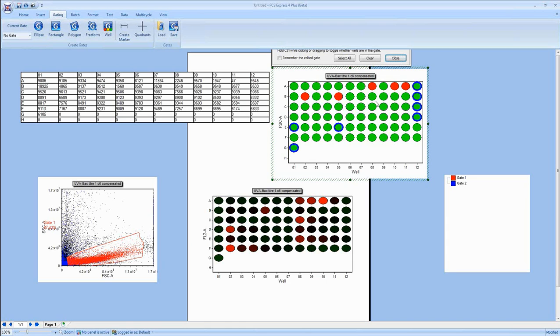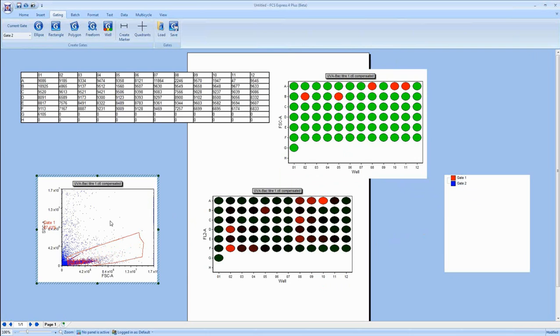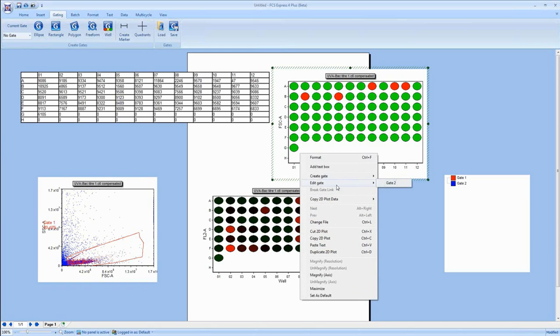So let's leave that gate as it is. Let's actually remove this and include that one and click Close. We now have that gate created. Over here in our dot plot, you notice that there's lots of events that are being colored in blue now. And that's because these are all events that fall within this blue gate 2. And if we were to drag gate 2 onto the dot plot, we're now only looking at the events that fall within that gate that we defined. So if I want to edit that gate, what I can do is right-click on this dot plot, choose Edit Gate